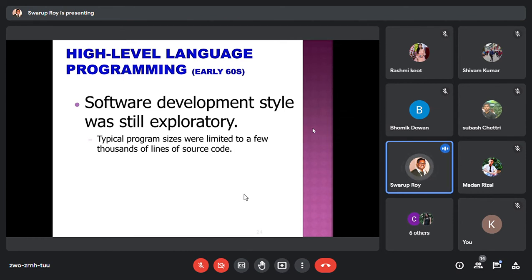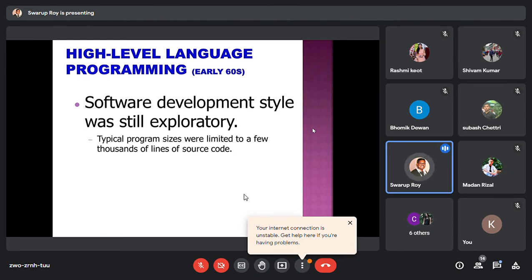But the factor is that though the coding style is there, whatever you are doing is still an exploratory type of program, because you are doing it in your own way. You don't follow any systematic process, and if bugs happen, you immediately start debugging or making changes in that particular part of the code, and as I mentioned, consider the consequences of fixing a bug as and when it occurs.